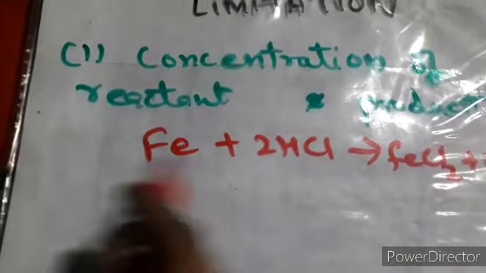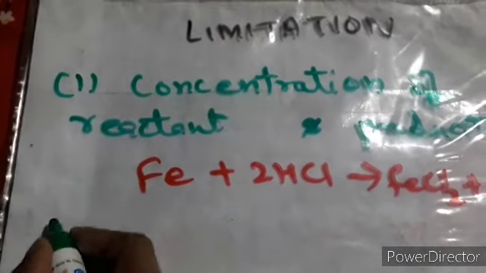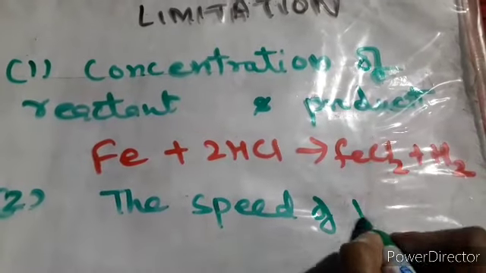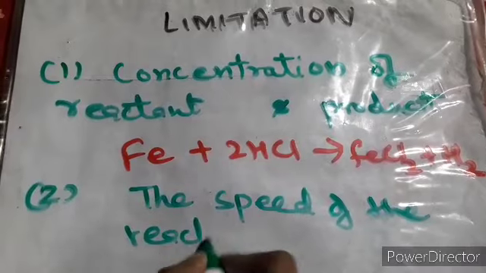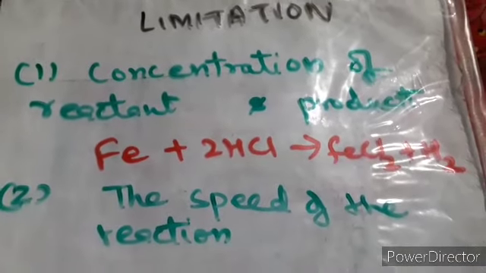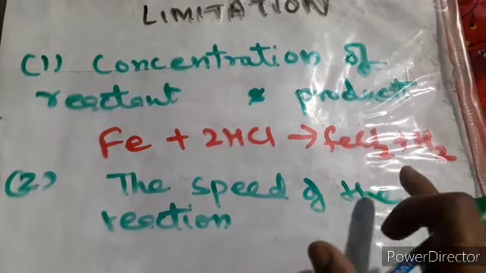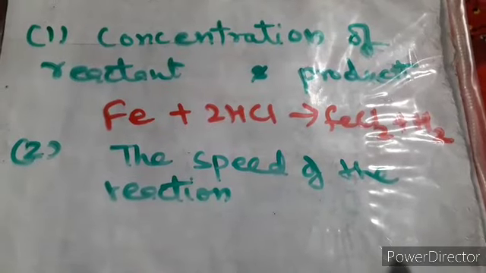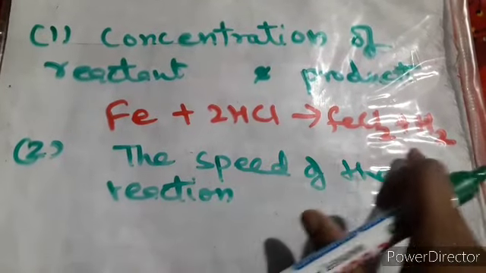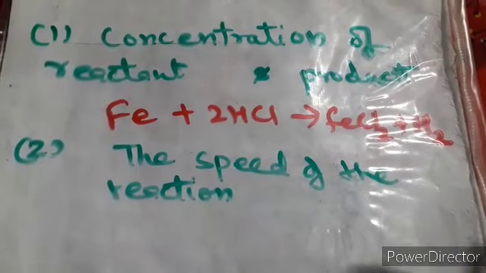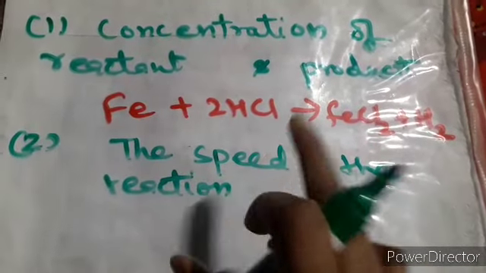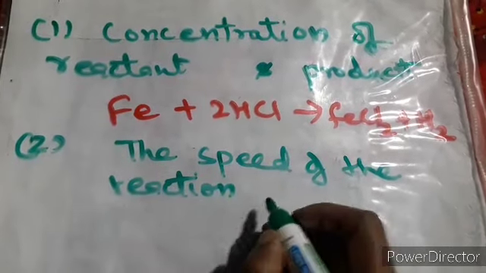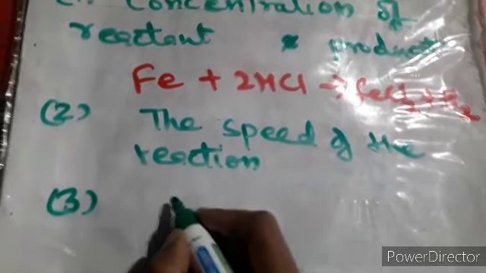So the next point is about the speed of the reaction. Speed of the reaction. Now I am again putting the same equation, and can you predict at what time this reaction had been completed when you were doing it in your lab? Nobody can judge at what time this reaction was completed, within a few seconds or hours or within 1 minute. Nobody can judge. So this is also a big limitation of the chemical equation, that you cannot predict the speed of the reaction.